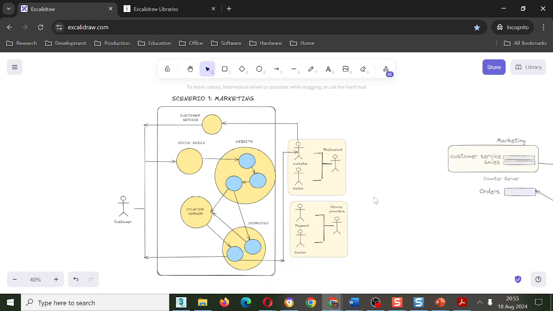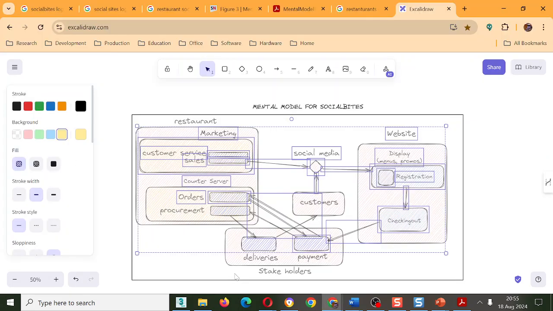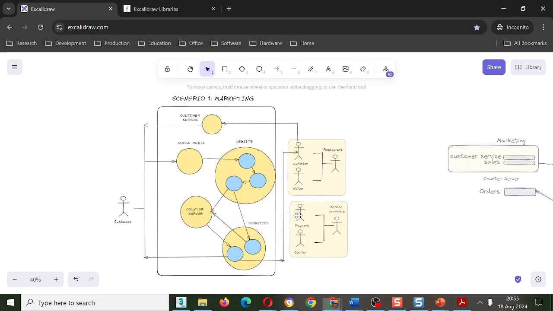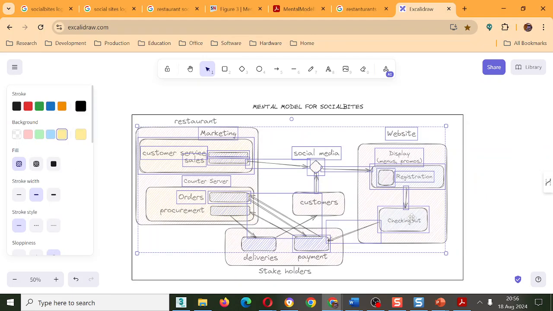Scenario two is to do with, let's go back. We had said there's a scenario on checking out to show how the checkout works, but have we captured it here? I think we've captured it here somehow. But you have to think of it in detail.